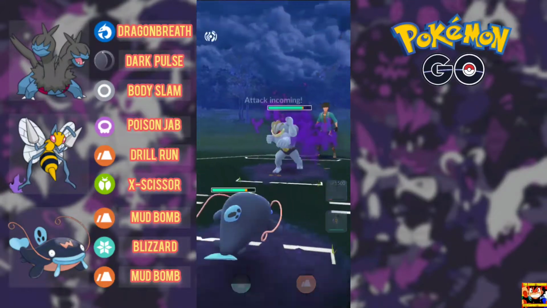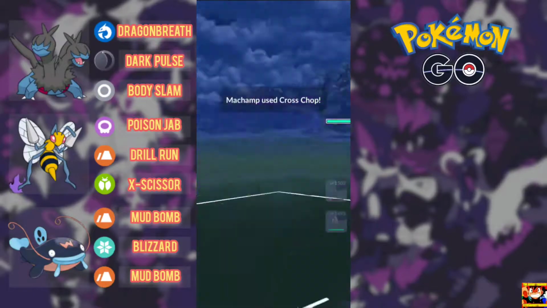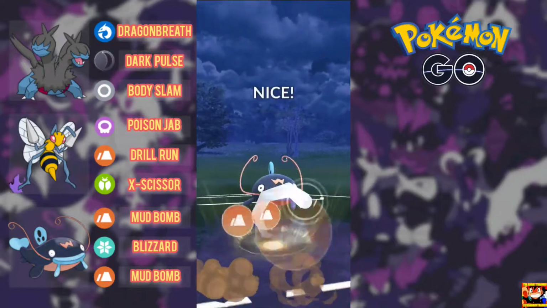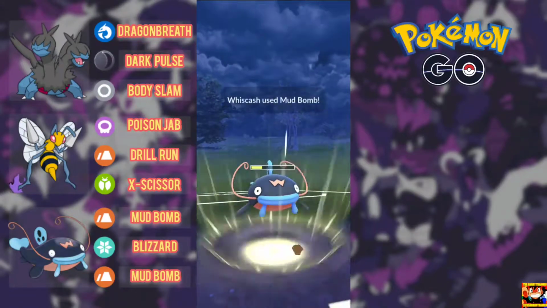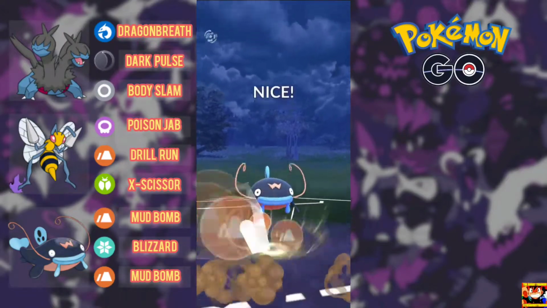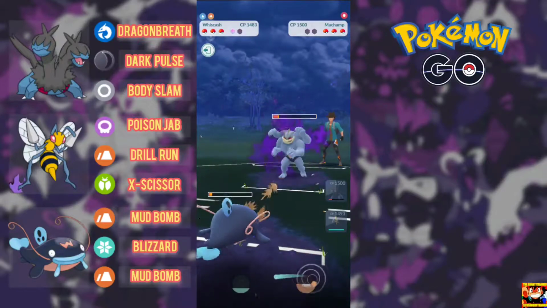And they quickly swap into a Shadow Machamp trying to snipe down the ZWEILOUS, but luckily we're able to swap out quick enough. But we did actually miss swap and we've gone into the Whiskash, which is completely the wrong call. We wanted to go into the BEEDRILL. But at least we can offer up some spam with this. So we throw a couple of mud bombs, they shield up the first one. I'm not expecting them to shield this one up because it won't KO,